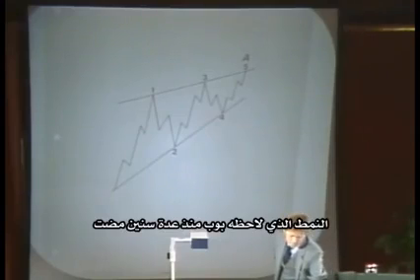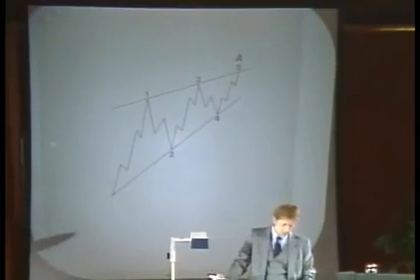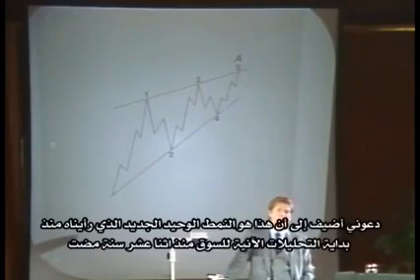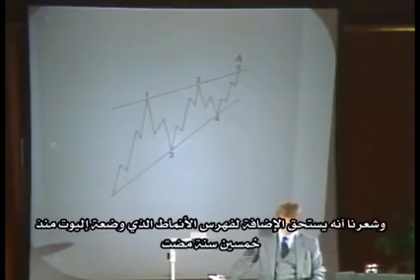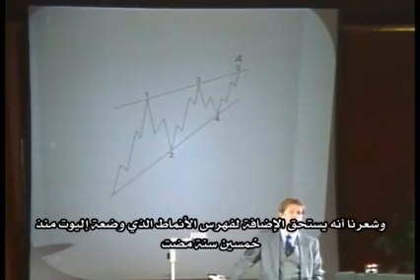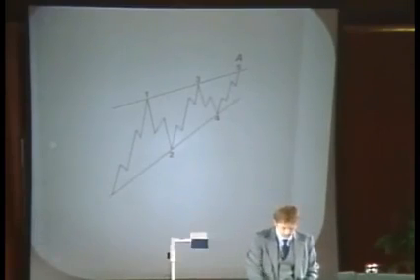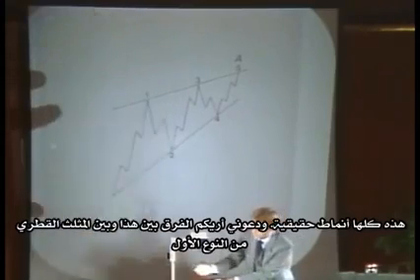But a pattern that Bob observed several years ago, and we've actually seen several of them since then, is what we refer to as a diagonal triangle type 2. And let me also add that this is the only new pattern that we've seen in over 12 years of real-time analysis of the markets, and felt that it was a valid enough pattern to add to the catalog of patterns that Elliott gave us 50 years ago. These are rare patterns. Let me show you the difference between this and a diagonal triangle type 1.